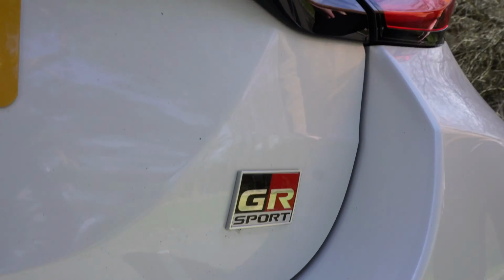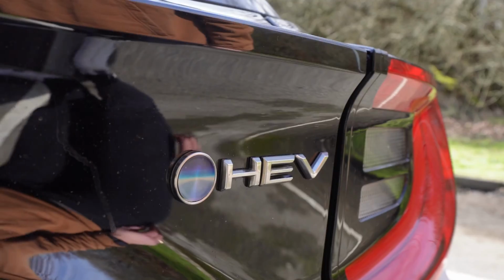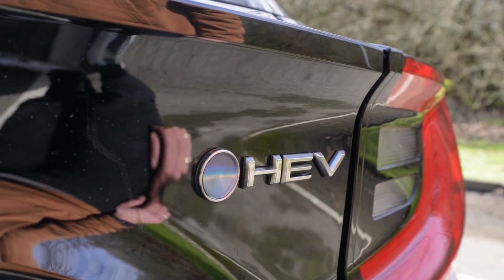I'm going to say there's probably about 10 of these when you look through it all, probably even more. I don't know if it needs that. Does it need it? Hybrid electric vehicle. I know, but...